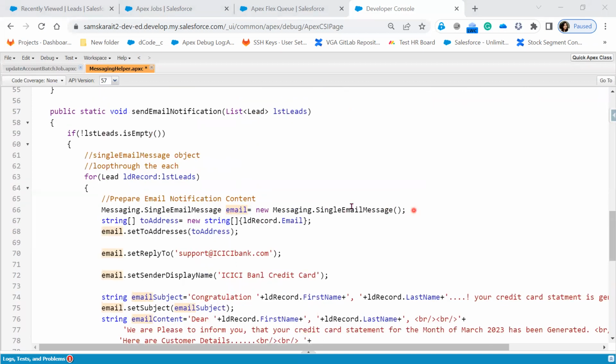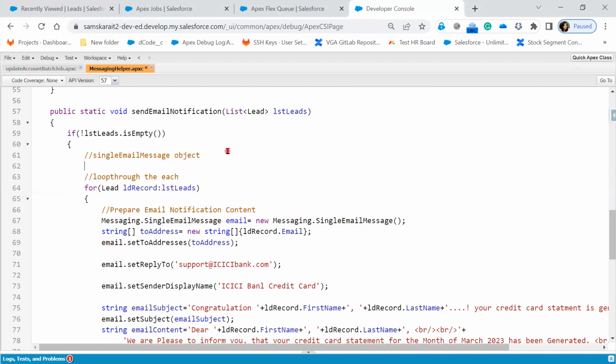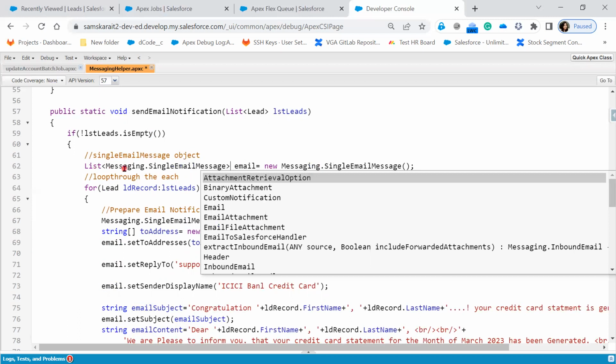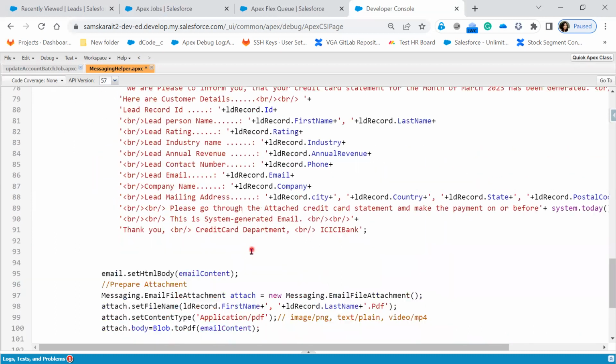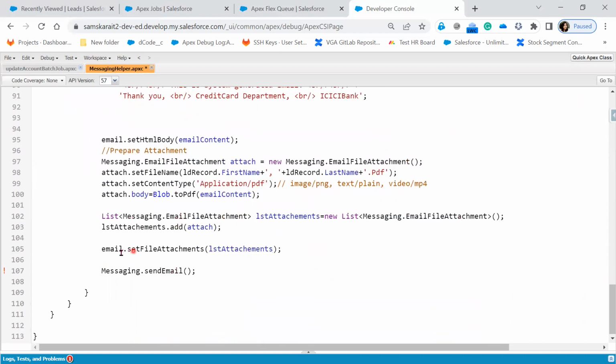Now I need a list of emails, so I'll add the list of emails here, an email list. Now inside this email list,